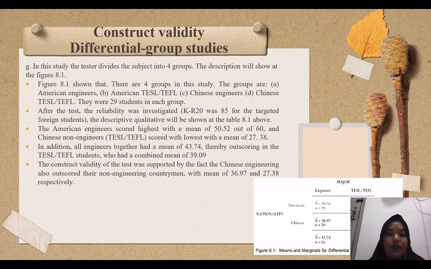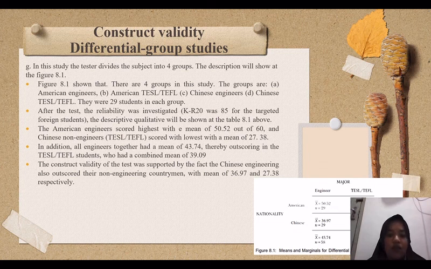It was .80 for the targeted foreign students. The descriptive statistics are shown in Table A1 above. The American engineers scored highest with a mean of 52 out of 60, and the Chinese non-engineering TEFL group scored lowest with a mean of 27.38. In addition, all engineers together had a mean of 43.74. Then there were all the TESOL or TEFL students, who had a combined mean of